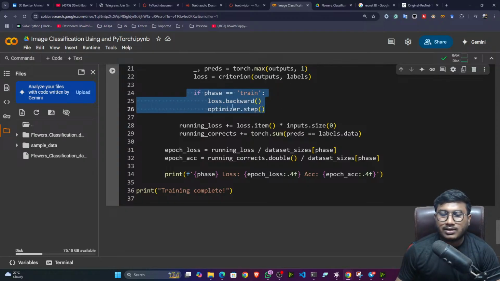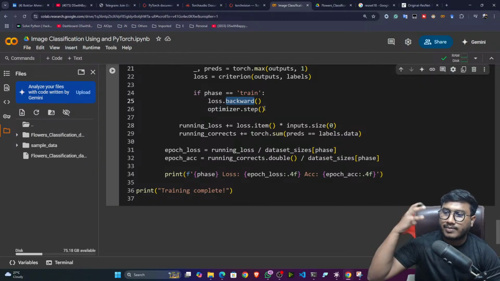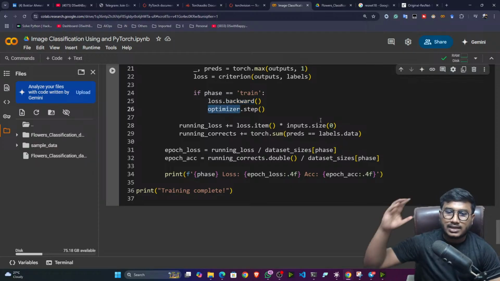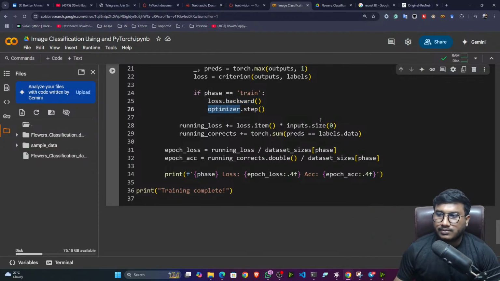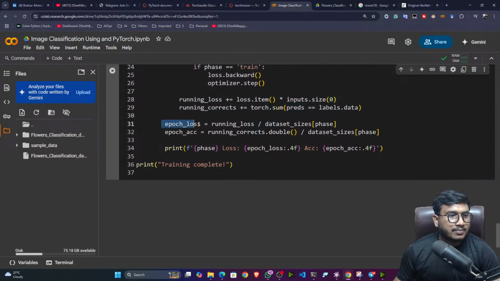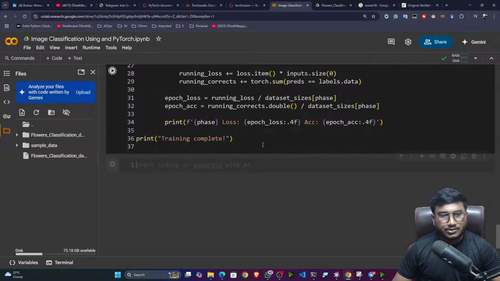So this thing we have to write manually. See, loss.backward. Backward means it will do the back propagation. It will do the weight update operation based on the loss. Then it will do optimizer.step. That means again it will go to the next step. Clear? Then once everything is done, we are checking the loss and the correctness. Based on that, we are calculating the epoch loss and epoch accuracy, and we are printing it here. And once training is complete, I'm printing that training is complete. Now let me show you. So if I execute,